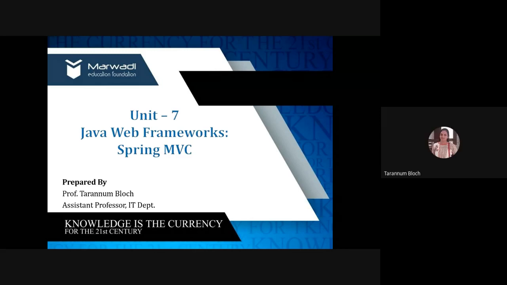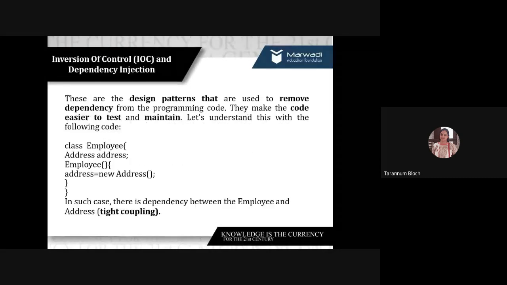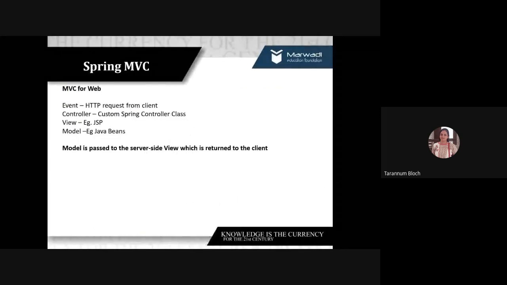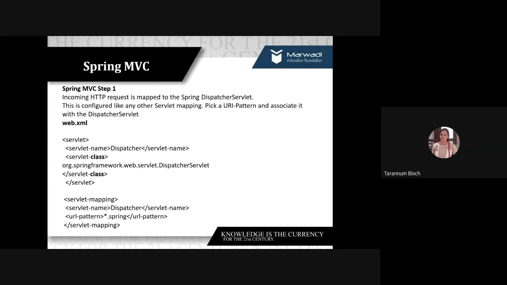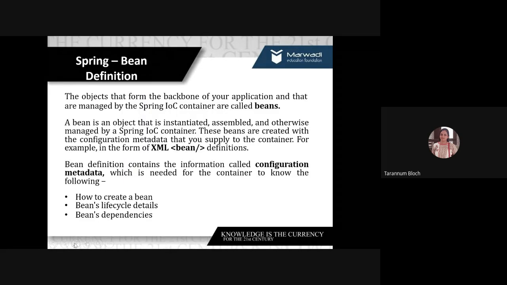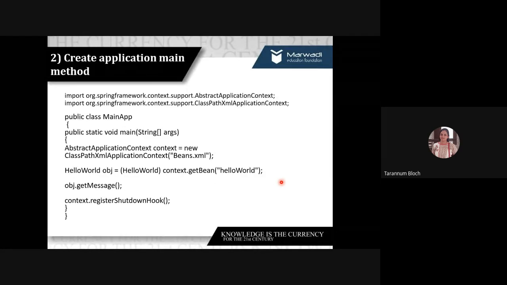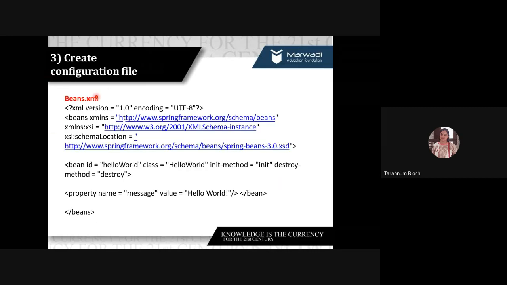Okay, so today in the morning, I discussed the bean life cycle, and we said that beans are the backbone of any application, as the objects are the backbone. And Spring IoC objects are being mapped using the bean tag, right? So we discussed in the morning that in a bean life cycle, as we are going to use the POJO class, there will be init and destroy methods. Along with that, we said bean lifecycle methods can be mentioned inside your XML configuration file.